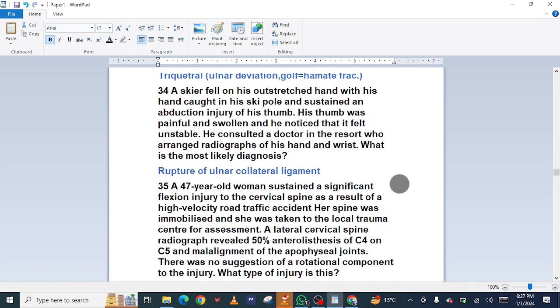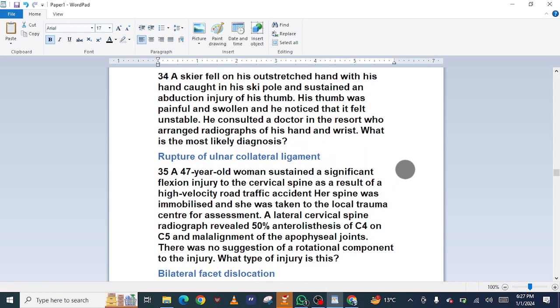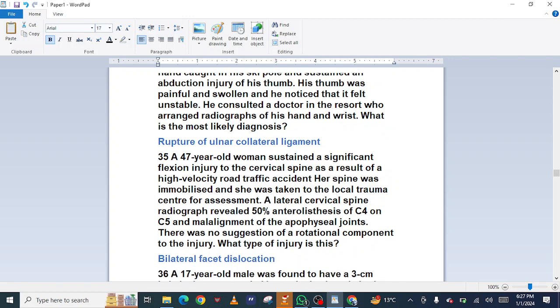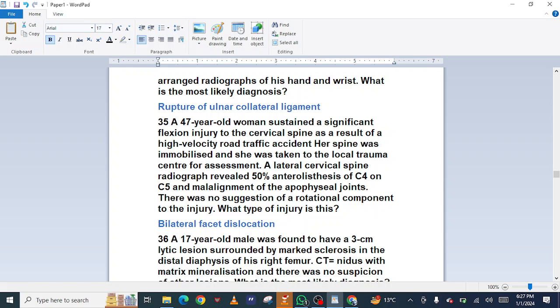His thumb was painful and swollen and he noticed that it felt unstable. He consulted a doctor in the resort who arranged radiographs of his hand and wrist. What is the most likely diagnosis? Rupture of ulnar collateral ligament. 35. A 47-year-old woman sustained a significant flexion injury to the cervical spine as a result of a high-velocity road